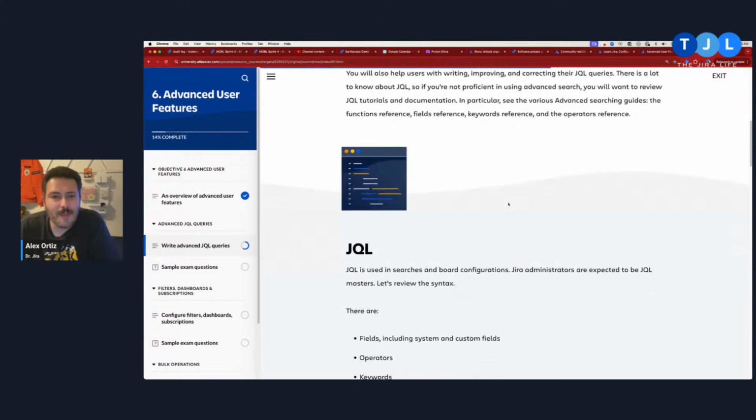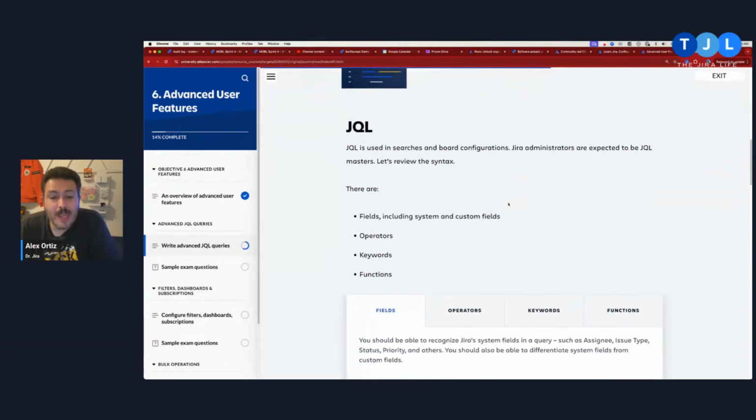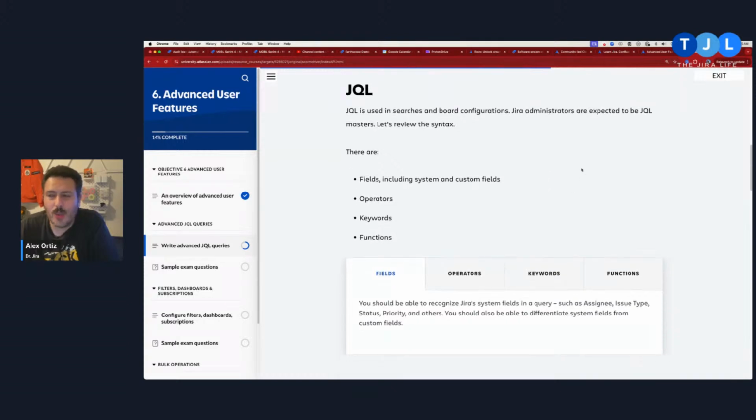So I like how this is saying, hey, there are some basics, but really you have to know the hard stuff. All right, so what is JQL? If you've been a fan of the Jira Life, you know that we like to call it JQL, although some people might not like that, but I think SQL and JQL is appropriate. JQL is, I think, the most commonly accepted term. So JQL is used basically for searching, right?